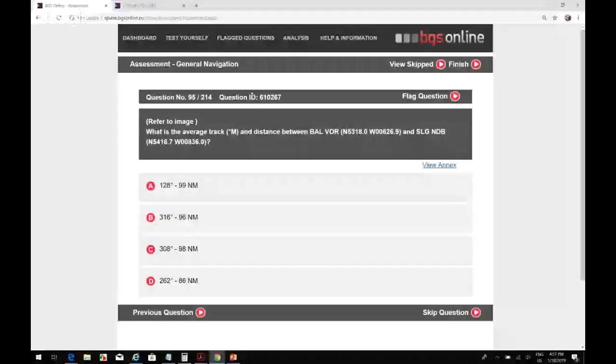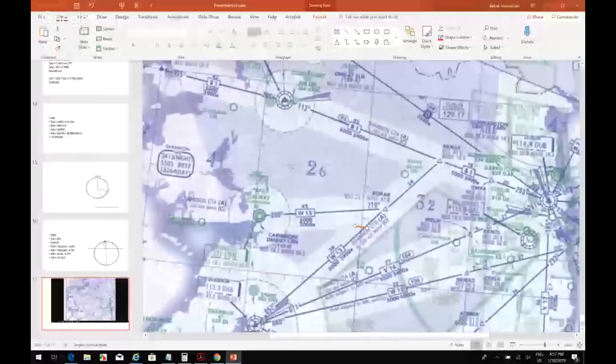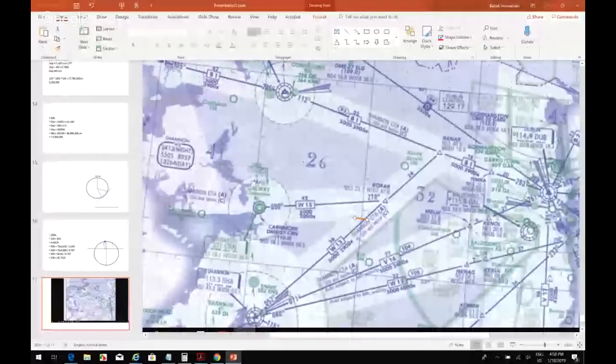So for the lower one, it's 626.9. Where's 6? Okay, here's Bell. So here's the first place, Bell, 626.9. That orange line there,